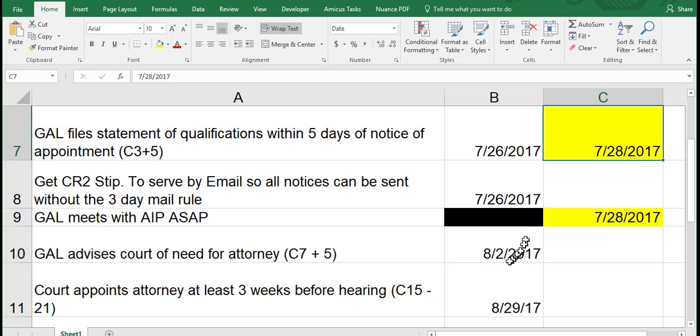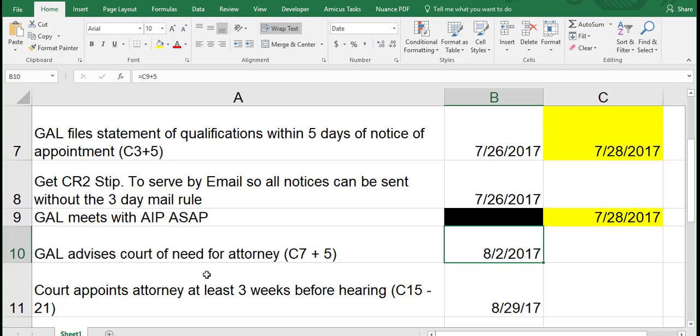Then by 5 days later, and again, this is typically going to be court days, so it might include the weekend. So these are approximate dates and would have to be re-examined as the actual dates occur. Make sure that the due dates are filled in, but that would need to occur by August 2nd or perhaps August 4th if there's a weekend, or even August 5th if there was a 3-day weekend thrown in there for holidays.